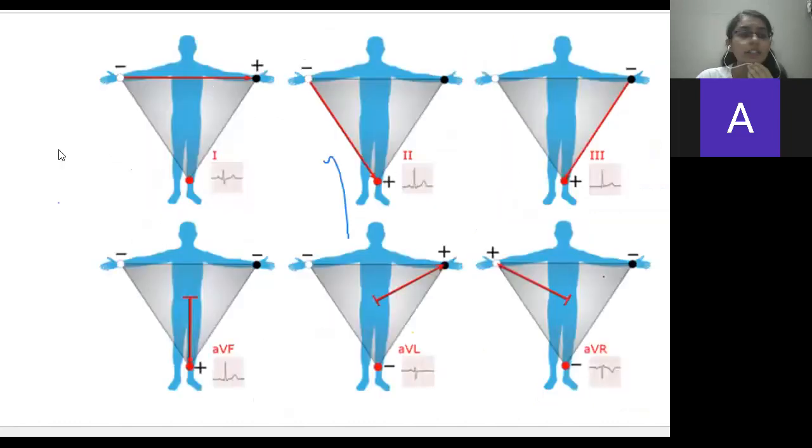Right. So then this is the line of the flow of current or the vector by which the electrocardiograph will be recording. This is lead 1, that is negative on the right hand side, positive on the left, that we already saw. This is lead 2. Now lead 2 is the standard lead which you need to consider every time. We'll see why it is so and what is the significance of it.